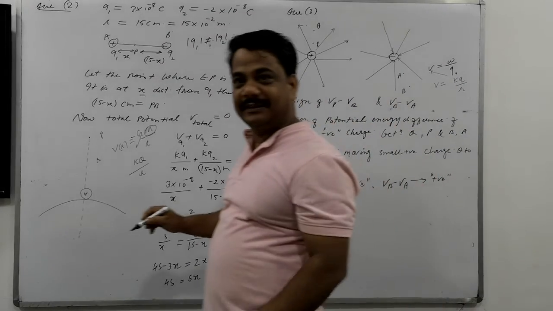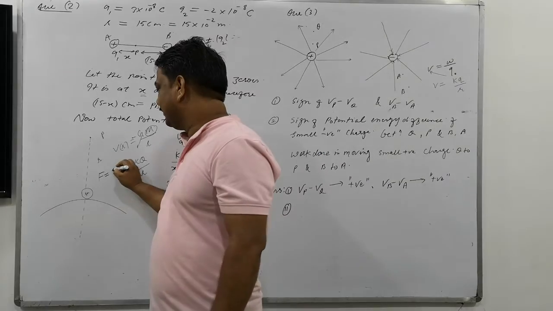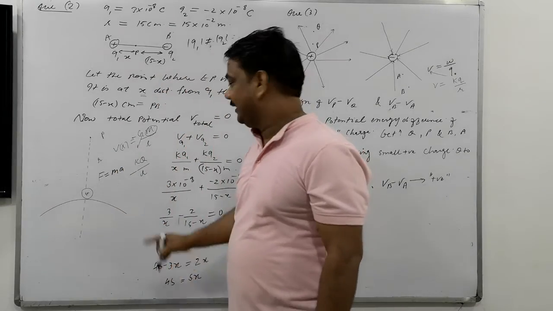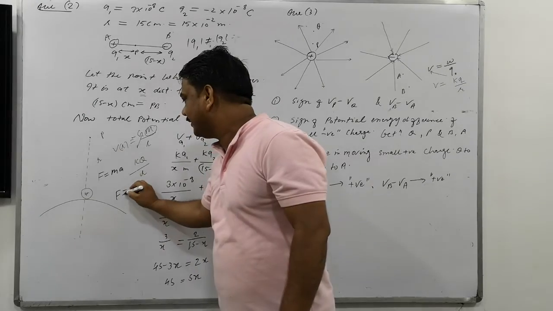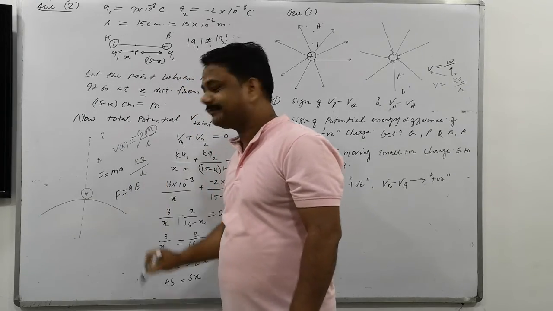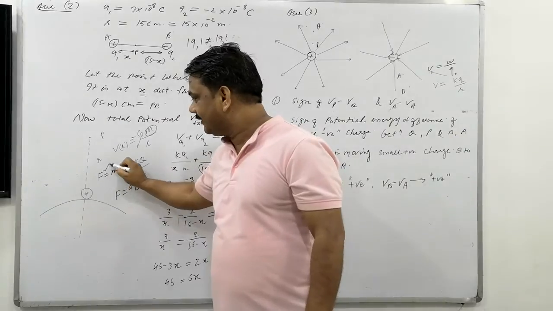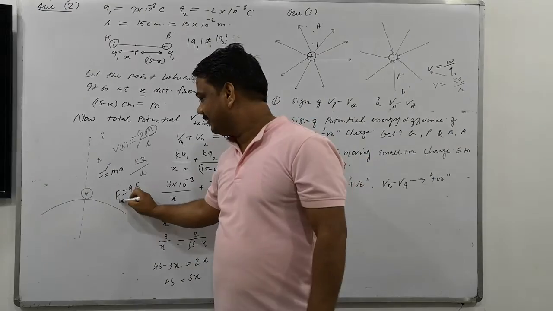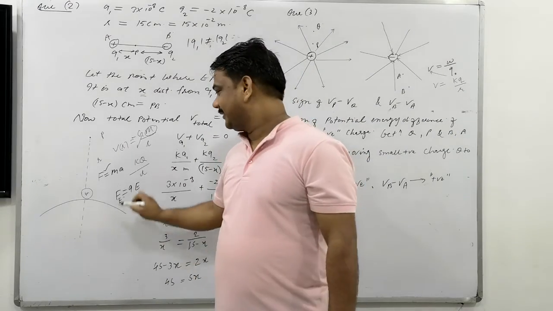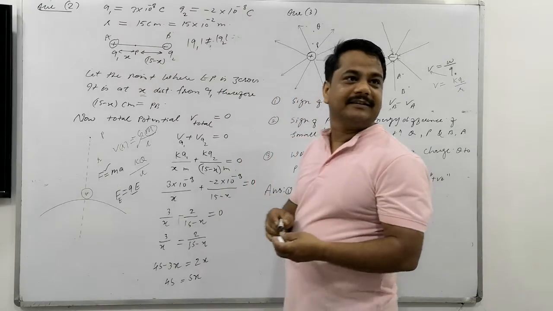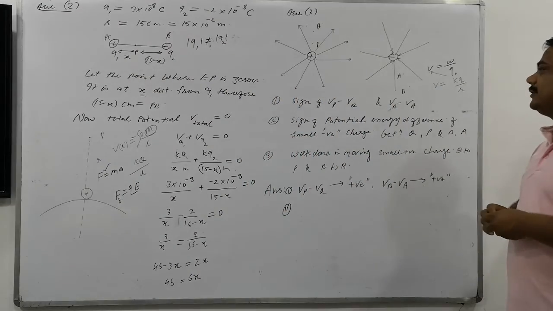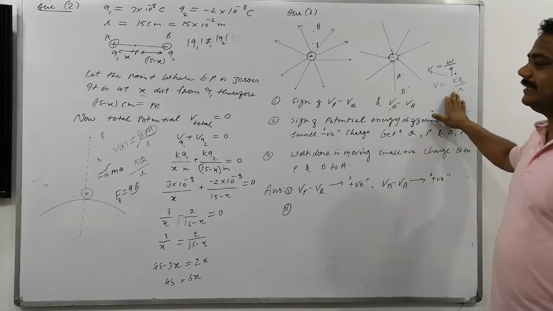I am repeating this concept the second time here. F is equal to Ma. In case of electricity, F we will write here as Q into E. This is called mechanical force, and this is called electric force. Q into E. Do you remember this or not? Okay. So we have to find what? I am talking about positive and negative charge.